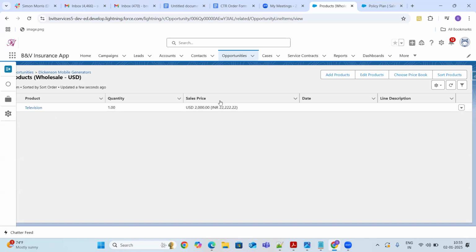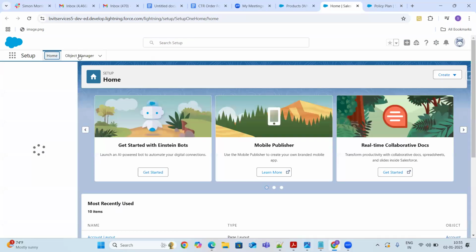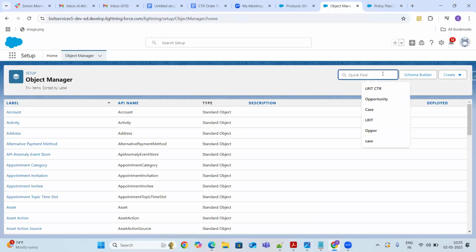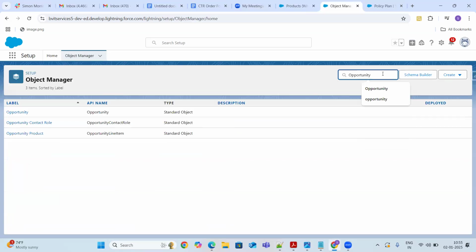There is an object called, in setup, object manager, one more object called opportunity product. This is the junction object. We call it opportunity line items.